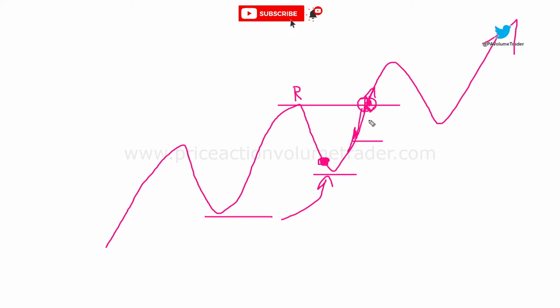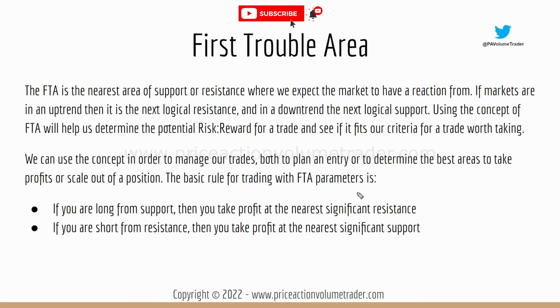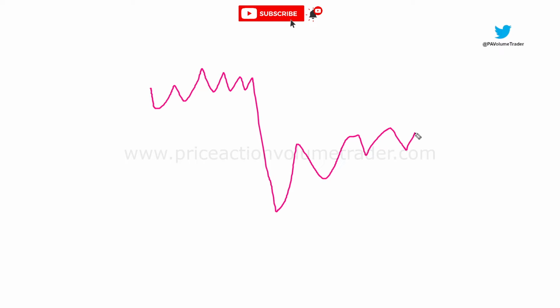Basically, the first trouble area is just a concept that helps us to manage positions, or also to consider if a trade is worth taking. For example, if we have a market like this, let's say we have this and then a sudden drop, and then we start going like this, if you see the market is going here and might go up, and you try to chase the market and get right in here,